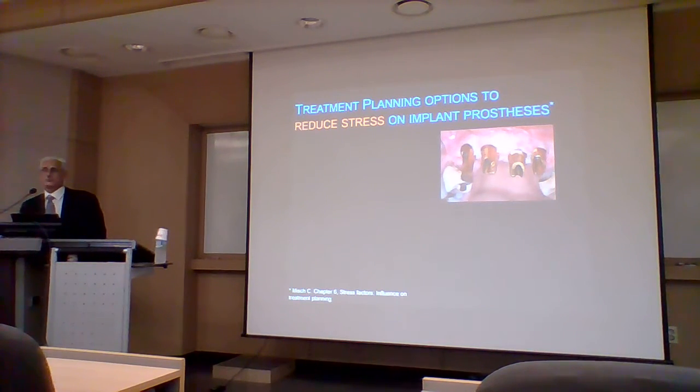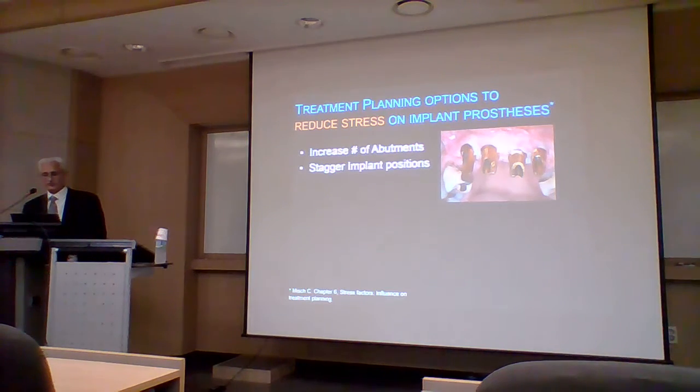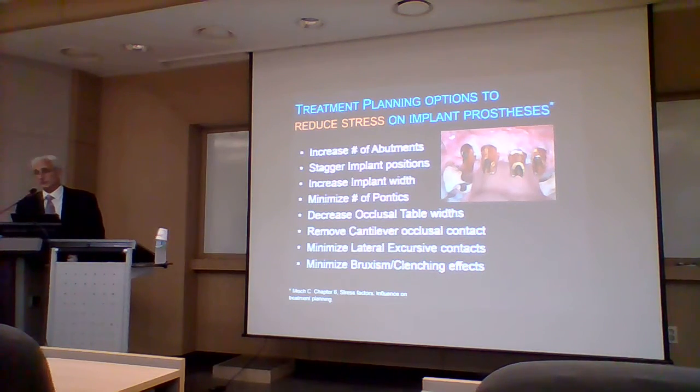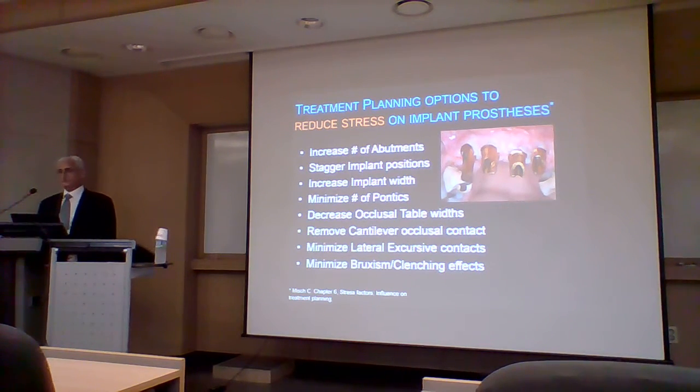So we try to do a number of things to make implant prostheses work better. And those are, using mostly abutments and not pontics, staggering implants so they're not in a straight line, increasing the width of the implants, minimizing pontics, decreasing the width of the occlusal table, removing cantilever contact, minimizing lateral excursive contacts, and minimizing bruxing effects. 디자인할 때는 저런 여러 가지를 통해서 임플란트의 스트레스를 줄이는 옵션들을 생각할 수 있지만